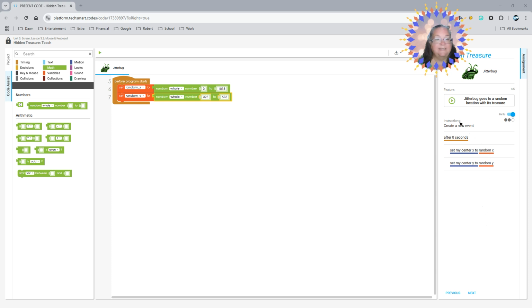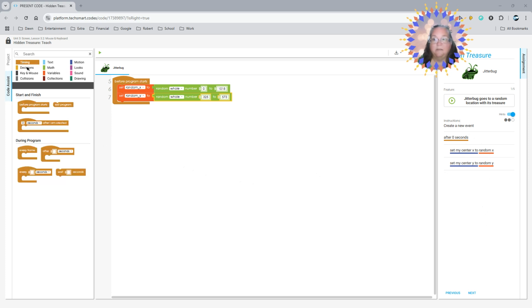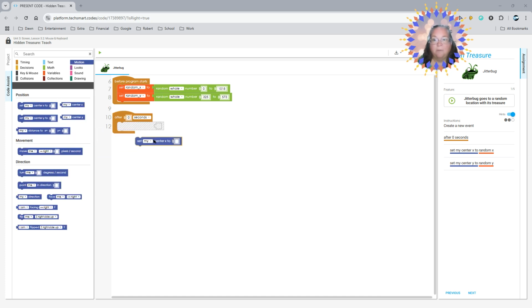It says after 0 seconds. So again, we are at timing. And we need to get after blank seconds. So right here we'll put 0. And then we're going to set my center X and set my center Y. And that's in motion. So I'm going to grab one of each,